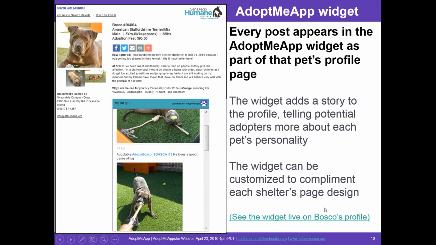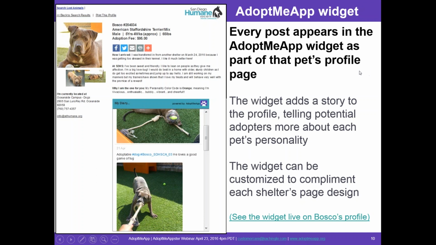This now makes this page much more dynamic and gives anybody who's coming to find out about this animal, who's looking at the web page, a whole slew more information, a much more dynamic page with things that you can learn about the animal's personality just by scrolling through this. A lot of these pictures, like this example, loves a good game of tug of war. That's a great piece of information to learn about this dog, who in the official photos up there might look a little sad, but you find out in the diary that he's quite